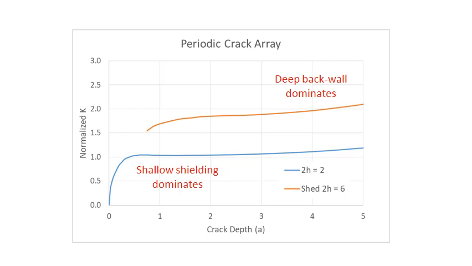What happens with shedding is 2/3 of your cracks will go dormant, and the other third of your cracks, on a fairly regular spacing, will continue to grow with a new effective crack spacing. We see that with the orange curve. And as the orange curve goes from left to right as the crack grows, we find that that deep back wall correction factor actually starts to dominate. So as we get deeper and deeper, we will start to lose that crack stability and find ourselves potentially in